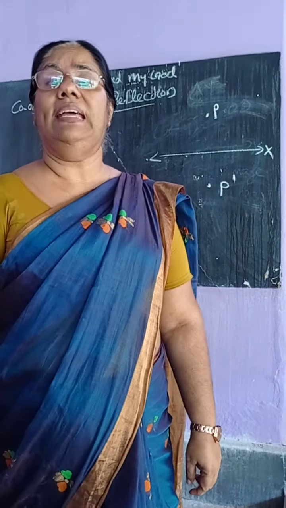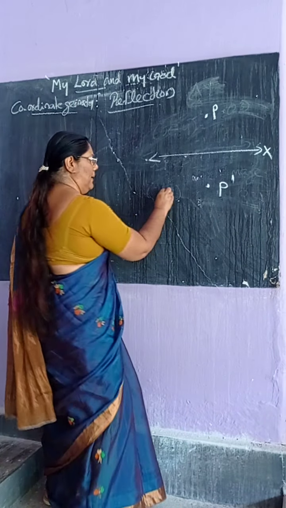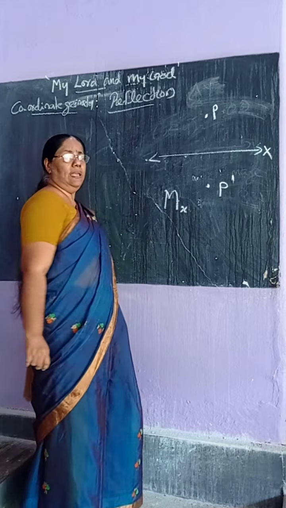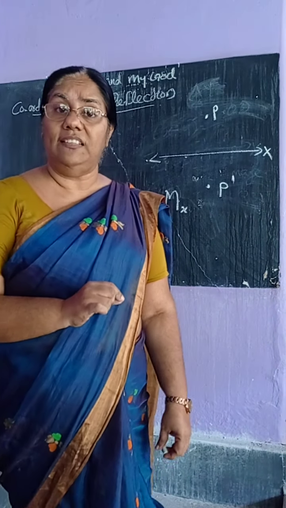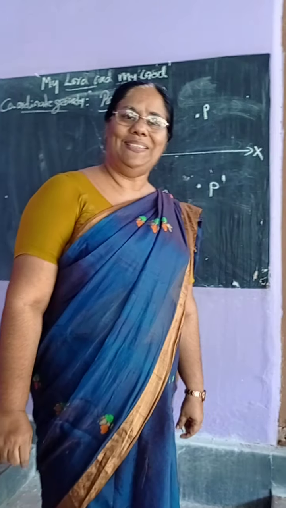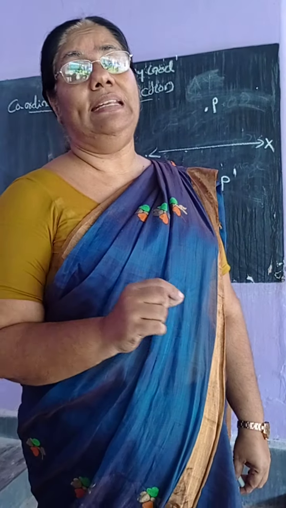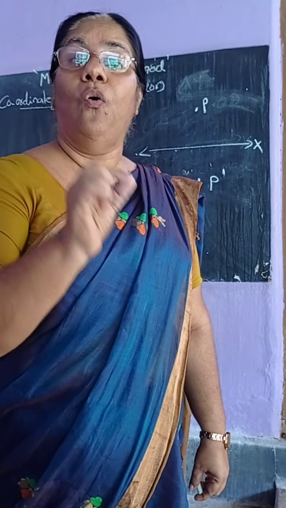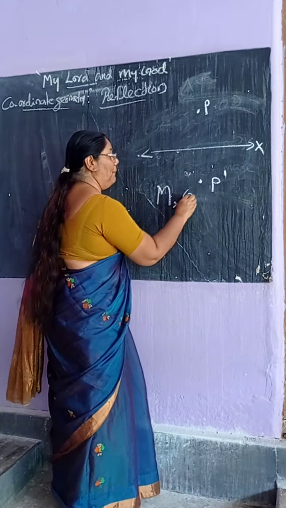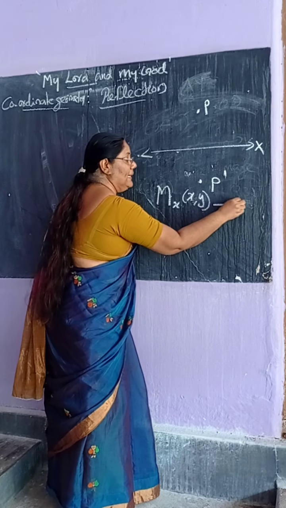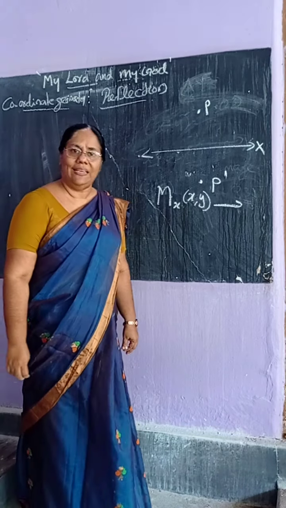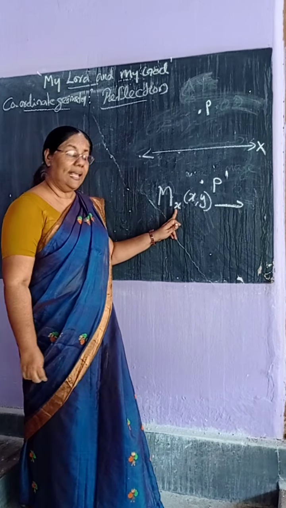And this reflection in the x-axis is denoted by Mx. The meaning is we reflect a point in the x-axis. Listen students, when we reflect a point in the x-axis, the y coordinate changes its sign. Say loudly: when we reflect a point in the x-axis, the y coordinate changes its sign. Mx, suppose the point is (x, y), then this theorem says, when we reflect a point in the x-axis,